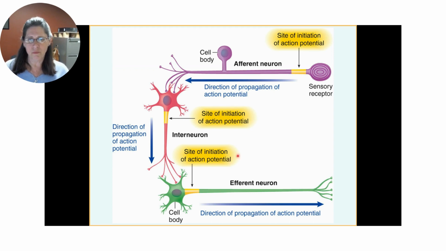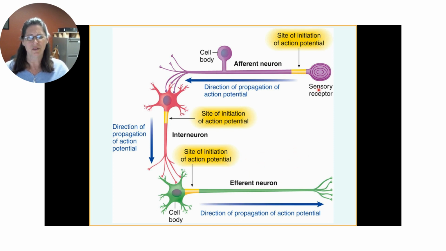So this is just what that sequence might look like. Here we have an afferent neuron. At the end of the afferent neuron would be the sensory receptor. So this is where the stimulus would start. Again, graded potential, if it's strong enough, here's the site of initiation of the action potential. The action potential would run down the cell body and it's going to synapse with an interneuron. And this interneuron might have a different threshold. So you might need a lot more input than just one cell, one receptor, right? It just depends on what it is, and it could be variable individually as well. Okay, so again, producing another action potential, which would then produce an action potential on an efferent nerve to get